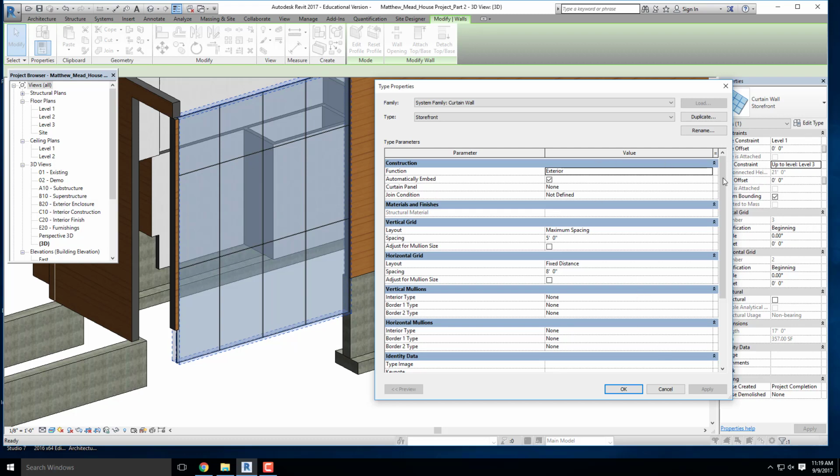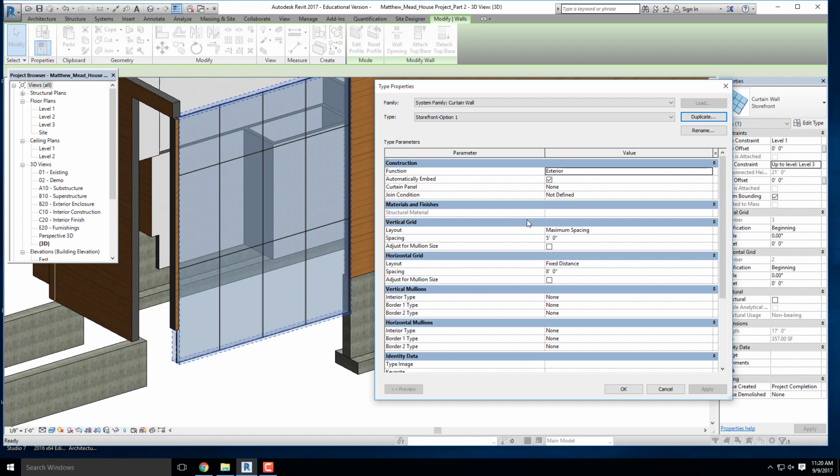So when you click on Edit Type, I'm actually going to duplicate this, and I'm going to call this Storefront Option 1. Okay, because I want to be able to add a bunch of different parameters to this without affecting any other ones. So I'm going to go ahead and hit OK. And if we go down to the third category, you're going to notice a category called Vertical Grid and Horizontal Grid. Any edits you make to the vertical grid are going to affect the spacing of your vertical grid lines that you see right here. So we have 1, 2, and 3. And under horizontal grid, any changes that you make will ultimately affect the horizontal